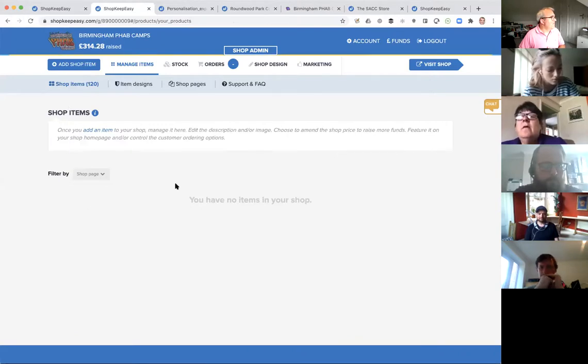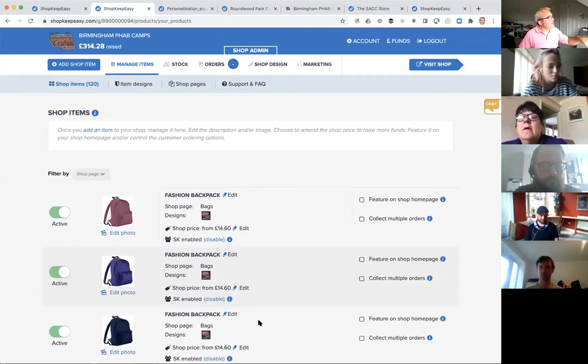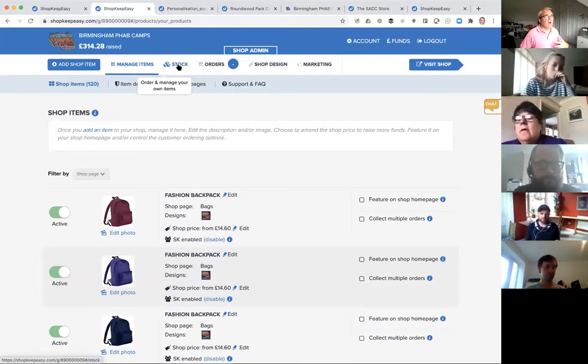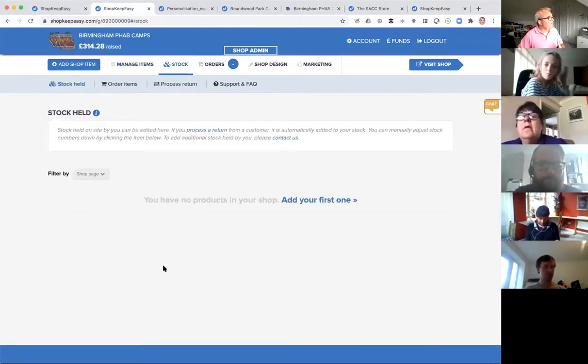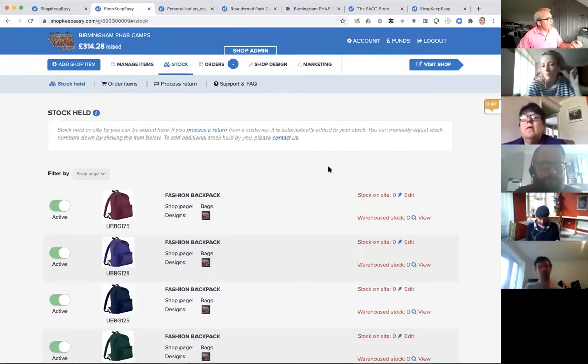So anyway, there are various controls that you have. You can feature items on the shop homepage, and there are lots of different things. Then stock: if you hold any stock, or if someone brings an item back to you that you want to hold in stock, you can resell it. We make that really easy and you can manage the stock in here. So with these burgundy backpacks, you can go in and edit how much you're holding, and then when somebody's going to check out,